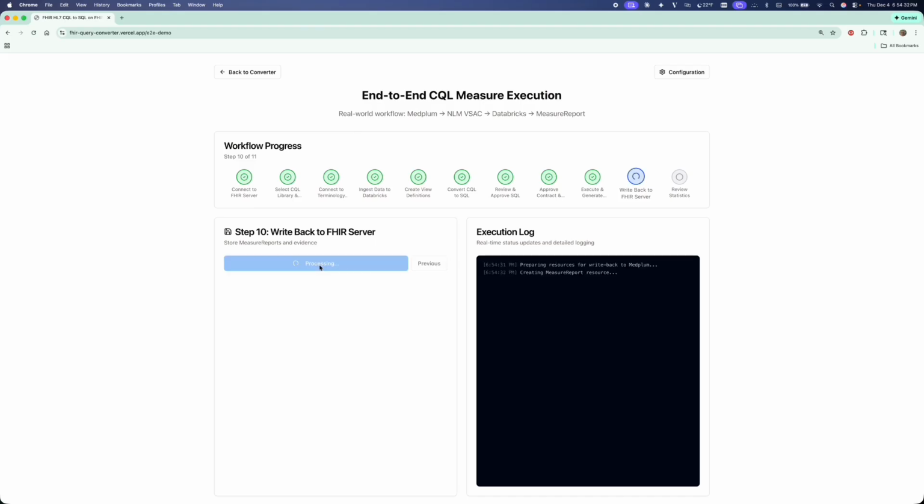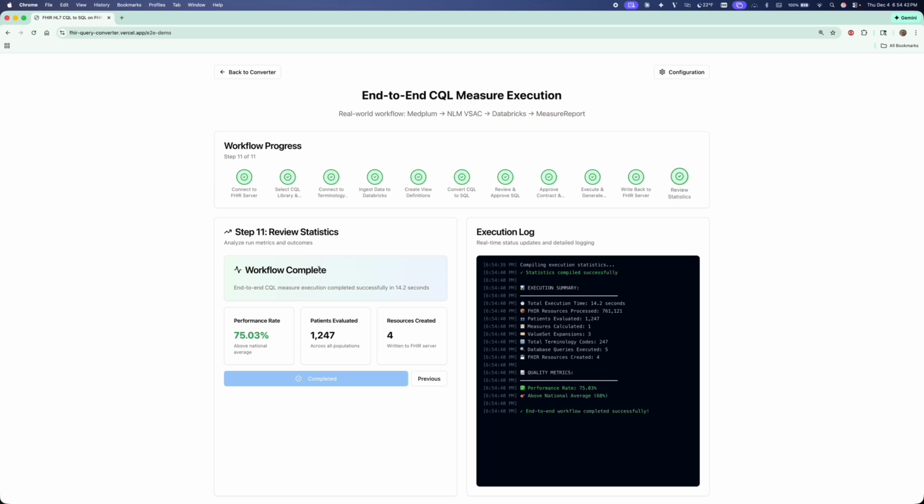And we're going to go ahead and write back the measure reports to the FHIR server. And we're going to review the statistics. So this presents all of the steps needed to execute a standards-aligned analytics stack for FHIR. CQL defines the logic, SQL executes the logic, and the warehouse brings the scale.